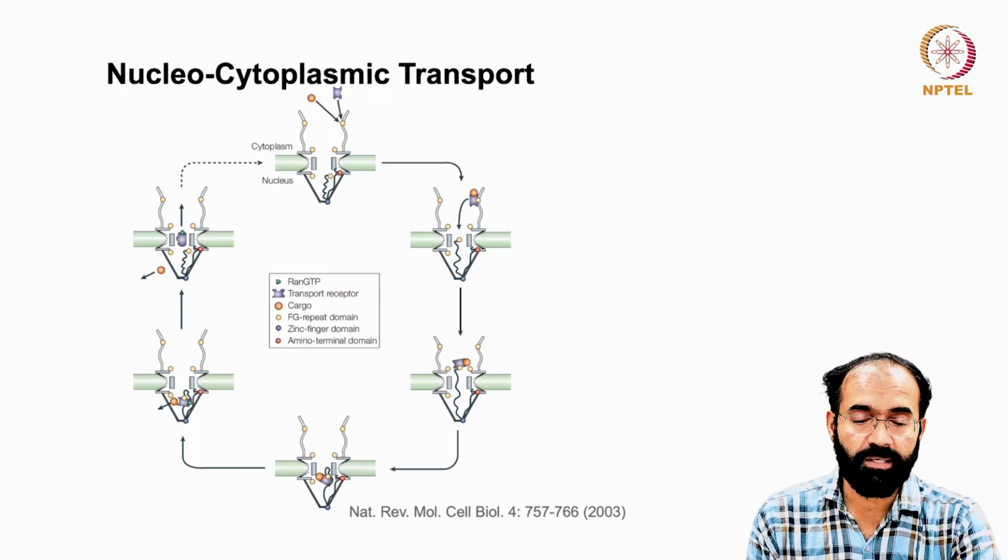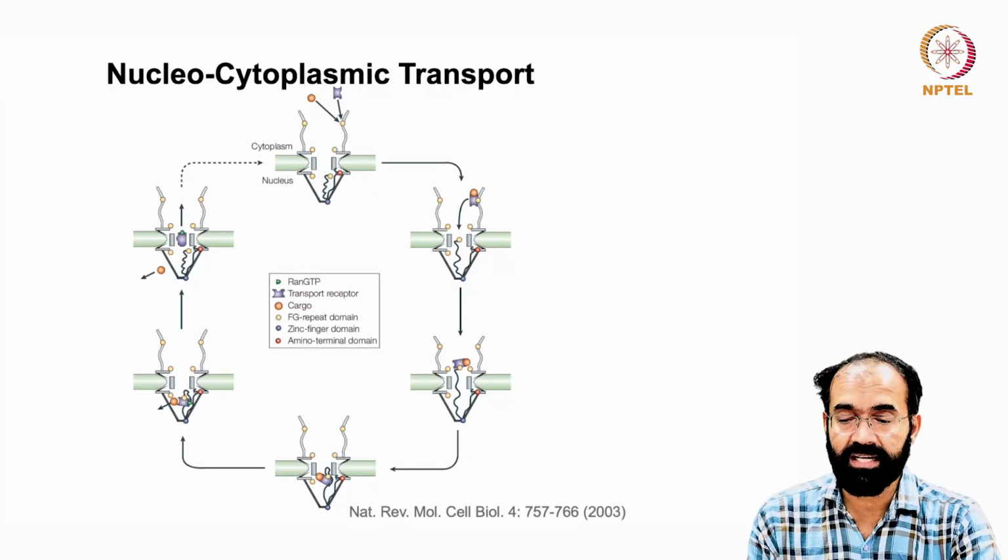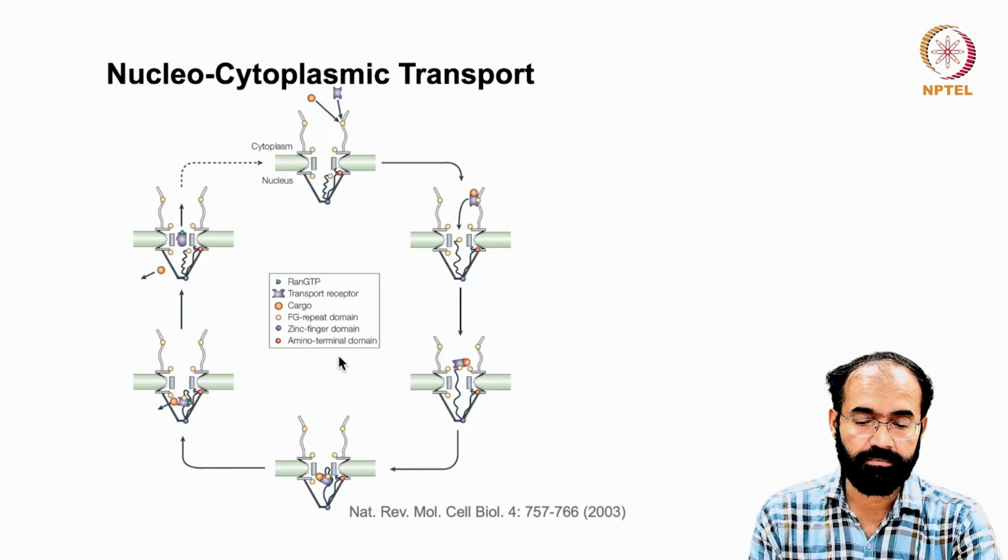It doesn't belong to this, but some other protein. Say you have a long thread hanging, and that FG protein is interacting, and from there it is now further swiveling inside, and is recognized by another FG protein that is located inside. This is the cytoplasmic side inside, and then the cargo is released. So it is going on like a cycle, and you can see Ran GTP is effectively utilized in this cycling. And in the next slide we can see a little bit more clearly